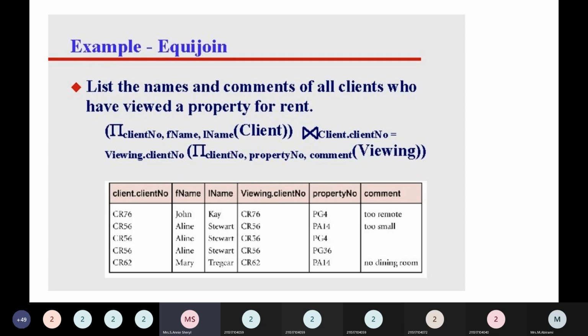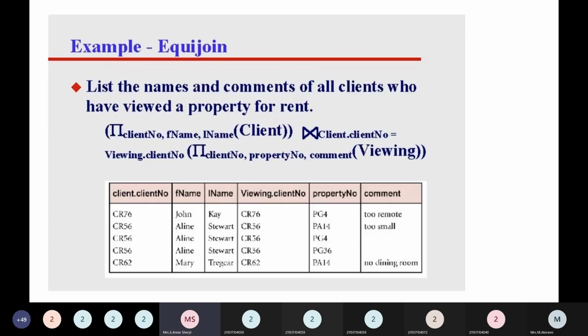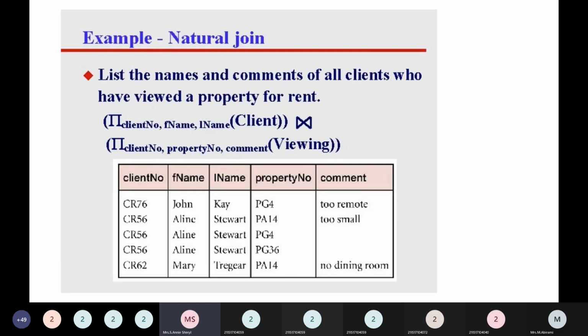So inside this record, when you start working on it, here you have the number of records given as John, Aline, and Mary. Here you are performing an inner join. When you look at this particular join, you will be able to identify if there is any common attribute that is missing. For instance,